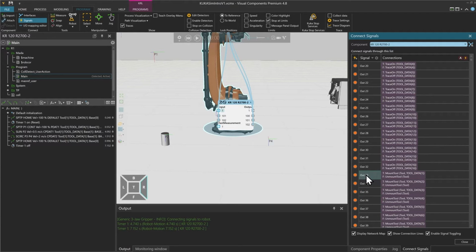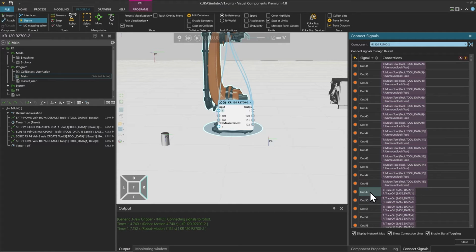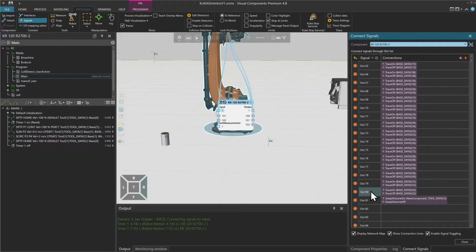From out 33 to out 48, we have a mount or unmount tool signal. From the signal out 49 to out 80, we have a trace for the base.